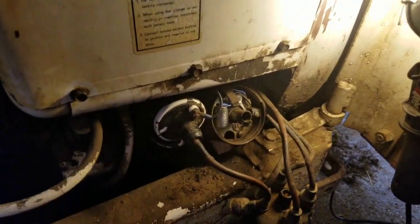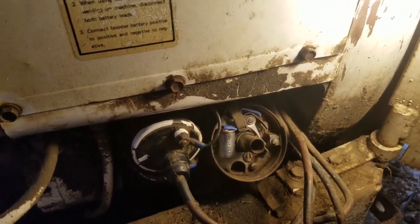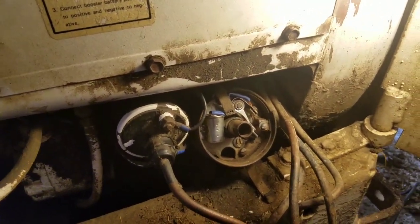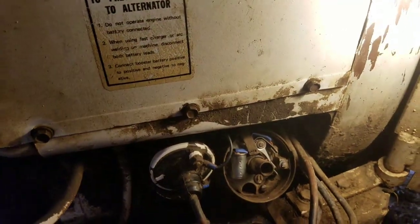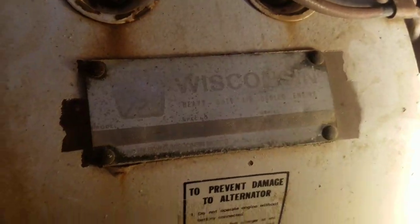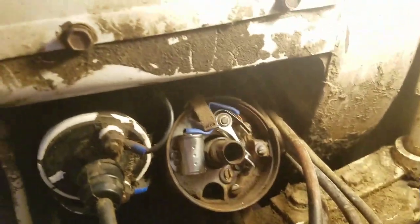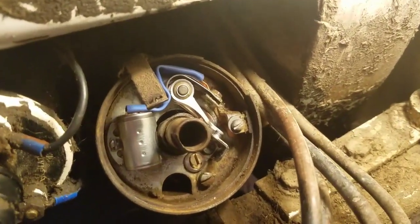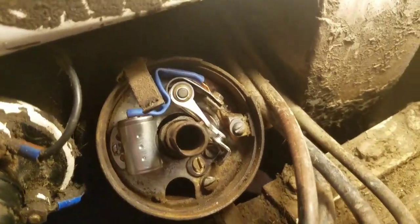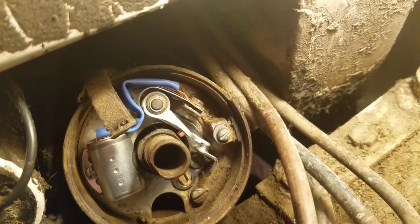Okay, so we're gonna set up these points, show you how to check your work after you get them set up, make sure that they're gonna work. This is on the Bobcat M-610 with the VH4D Wisconsin air-cooled 4-cylinder engine. So we just saw in the previous clips putting these points in here, and so right now you can see that we have to roll the engine and get